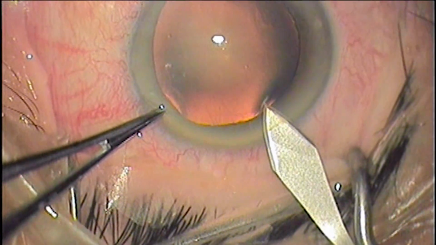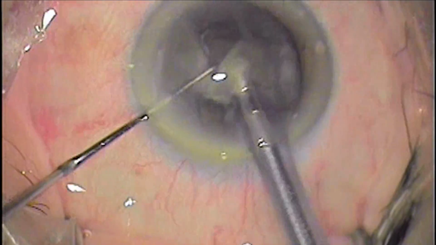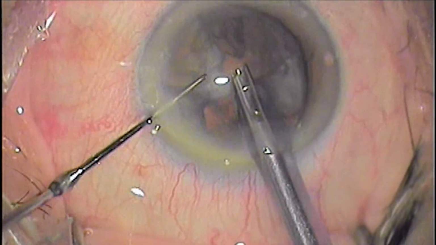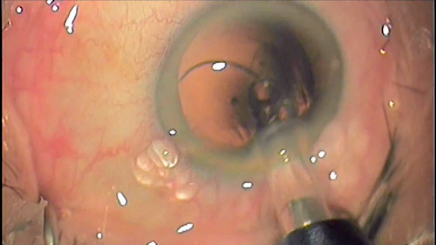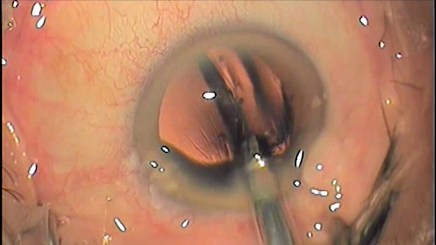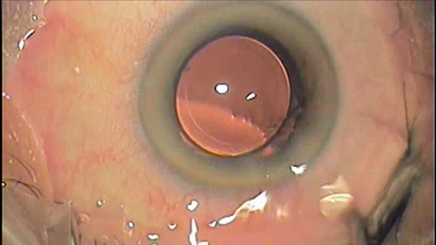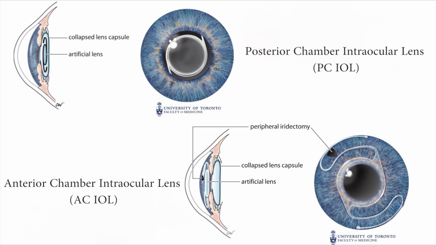During cataract surgery, an eye surgeon creates an opening in the anterior capsule of the eye and places the IOL through this opening into the remaining capsule or bag that previously held the natural lens. A PC-IOL is the most common type of IOL placed in the eye. However, an anterior chamber intraocular lens, or ACIOL, may be inserted in front of the iris in the anterior chamber